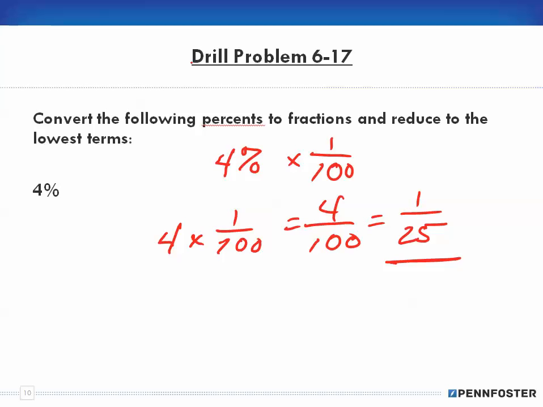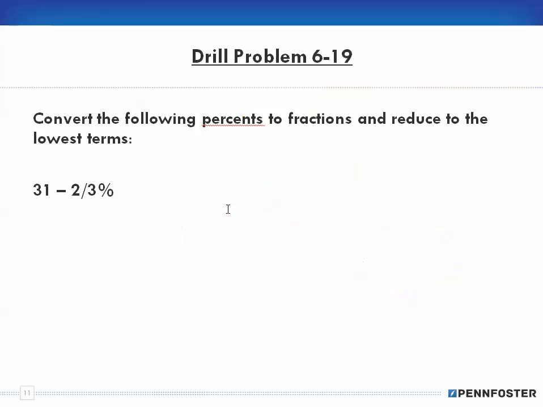Okay, so real quick, to convert percents to fractions, all I need to do is multiply by 1 over 100, whatever that percent is. And that'll give me a fraction. And then from the fraction, I reduce to the lowest terms. All right,